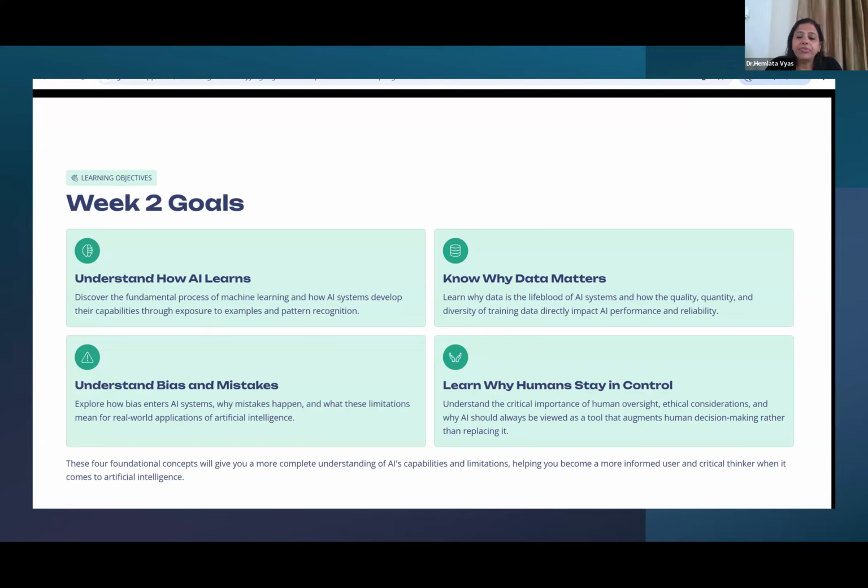And finally, how humans play a role, how human oversight and ethical consideration play a critical role, and why we should treat AI only as a tool that augments human decision making. People always say AI is coming and it will replace humans. No. How can human beings augment their efficiencies using AI? We will be diving deep into these concepts.